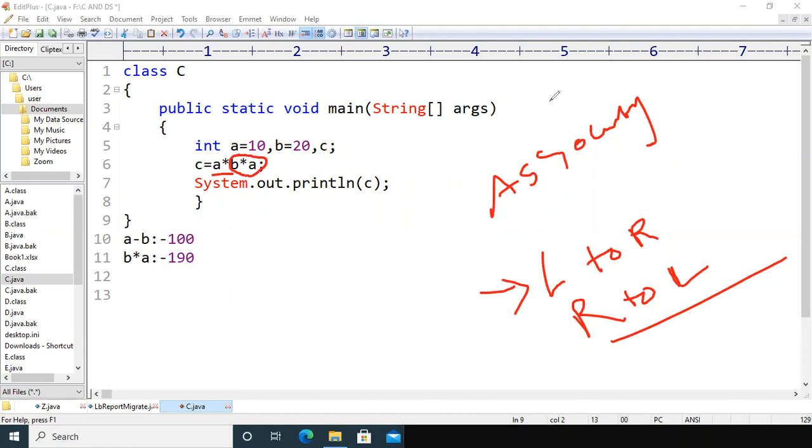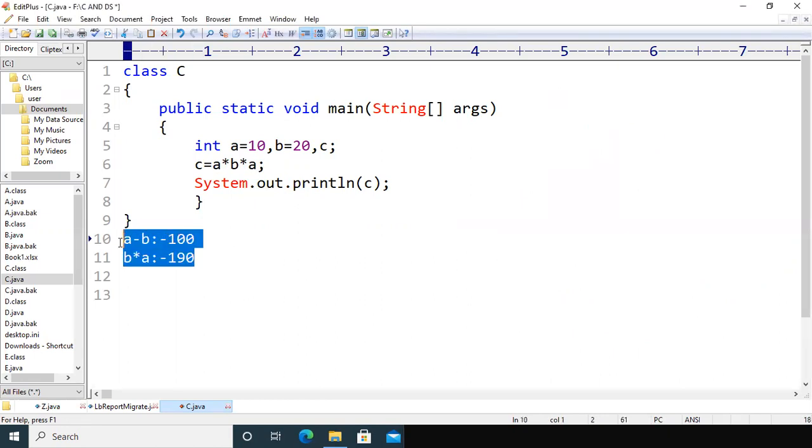So if the two operators in an expression are different, then the compiler is going to check the precedence rules, in the sense of which operator to execute first among the given two.